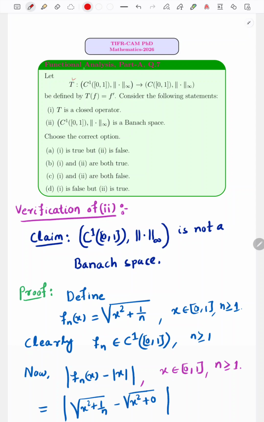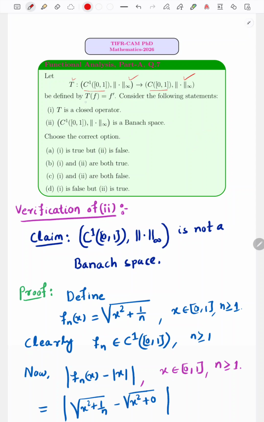T is an operator which is defined from the space C¹[0,1] to C[0,1], and both these spaces are associated with the supremum norm. Okay, the supremum norm is defined in this way. The supremum norm of f is equal to the supremum over x belonging to the domain, the closed interval [0,1], of the modulus of f of x. It is defined in this way. I hope that you all are well acquainted with this definition. Okay,